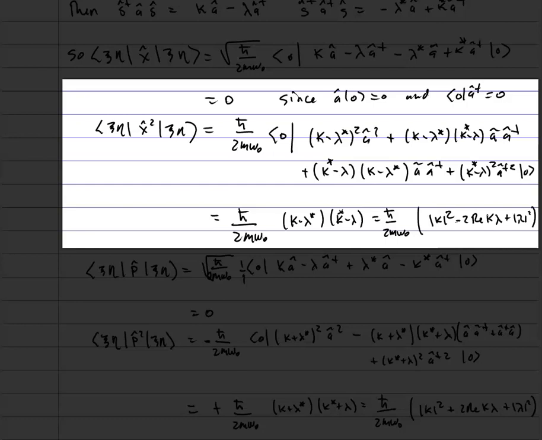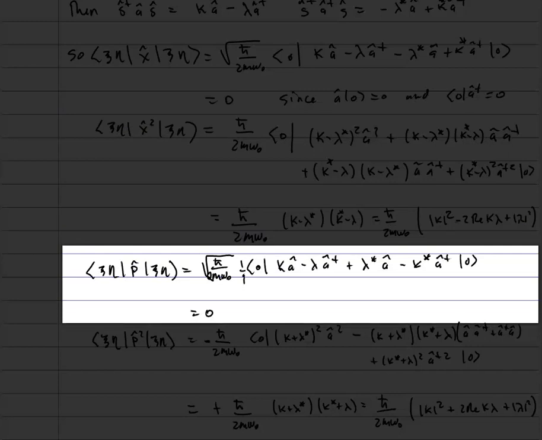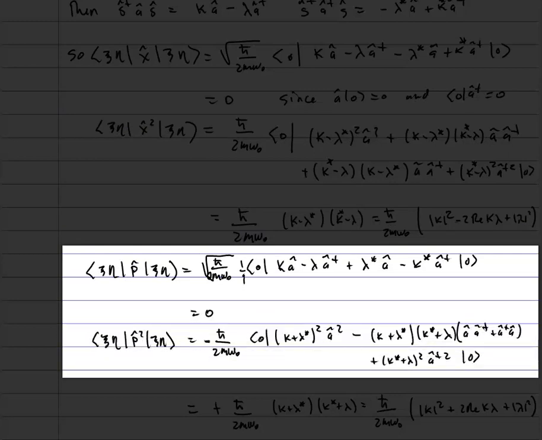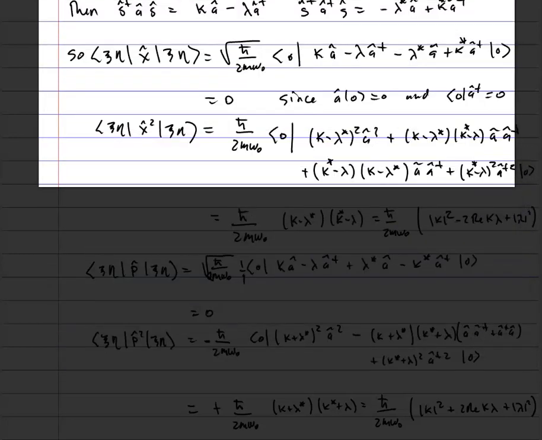Now we can do a similar thing with momentum. For momentum, the expectation value of momentum, because it's a linear function in a and a dagger, again gives me 0. Expectation value of p squared. Again, I'm going to have just one term that contributes, the a a dagger term. I evaluate that by rewriting it as a dagger a plus the commutator, and it's only the commutator piece that's going to contribute. That gives me a term that's proportional to kappa plus lambda star times kappa star plus lambda, and essentially all I do is I change the sign of the term, so it's now plus real part of kappa lambda,